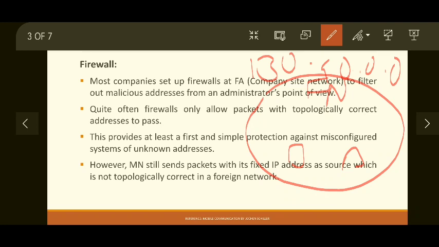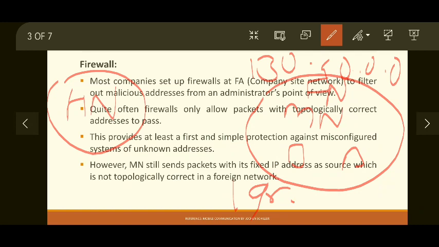If the mobile node is part of this network, it will have an IP address which belongs to the home network, so it may be anything like 196.32 dot anything. Now 196.32 is not part of this subnet. So the firewall will recognize that the source address of this particular packet does not belong to any node in the network, and it will filter out that packet.